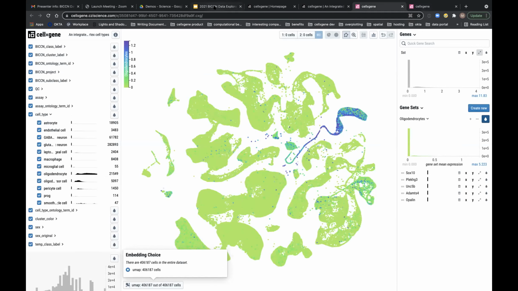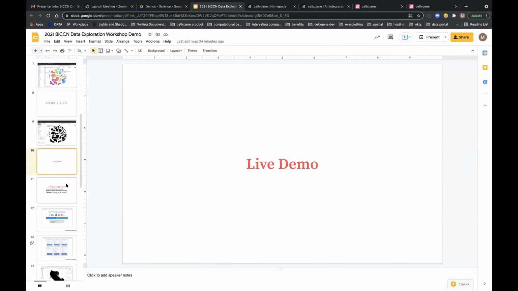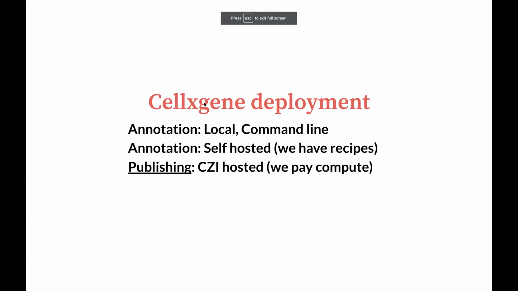With that, I'm going to switch back over to the presentation and just run through really quickly. I've introduced these versions of the application, and the thing to note that I've already alluded to is that there are different use cases and different deployment modes.